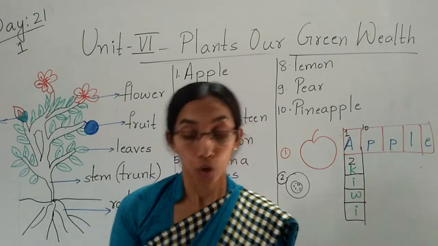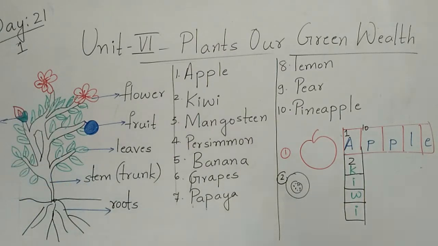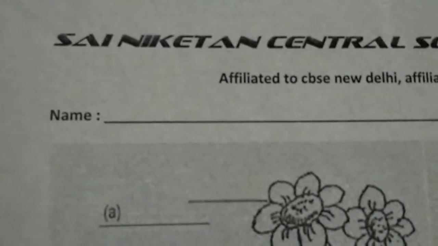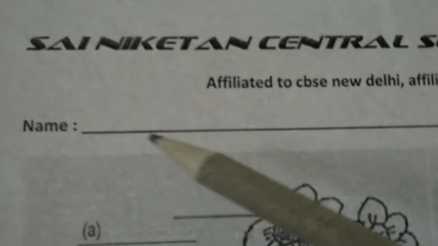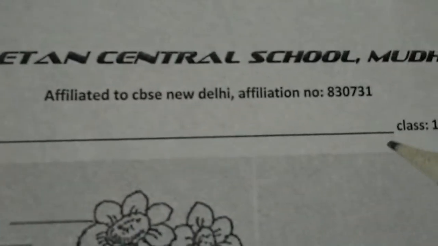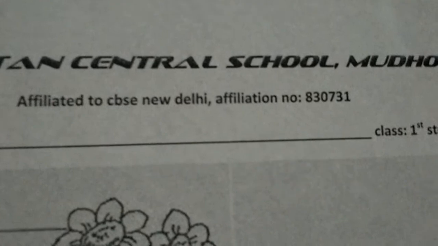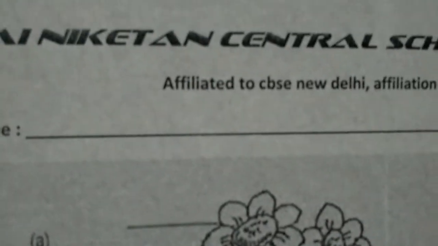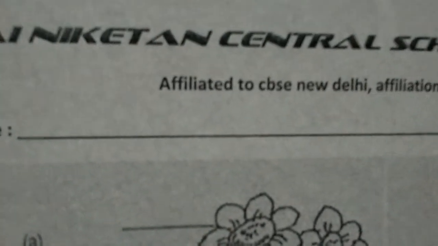So children, you should write your full name here. Already I have given the space to write the name. Just you can see here, up. See children, here I have given the space to write the name. You should write your full name. No need of writing your roll number. Already I mentioned the class. So your work is what here, children? You should write the full name and then send me in the app, children.